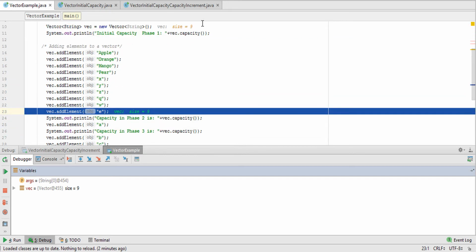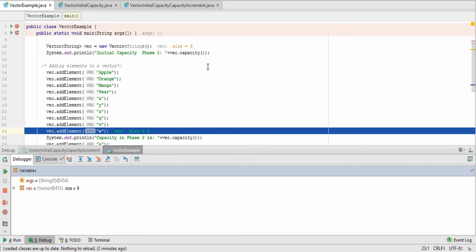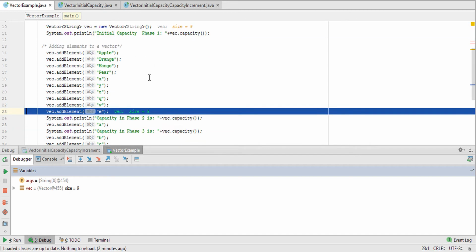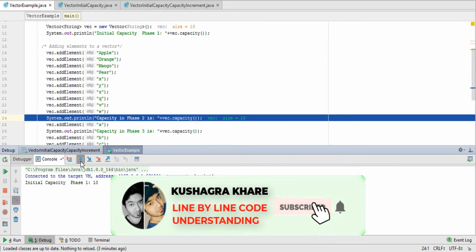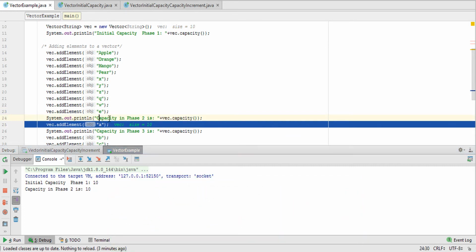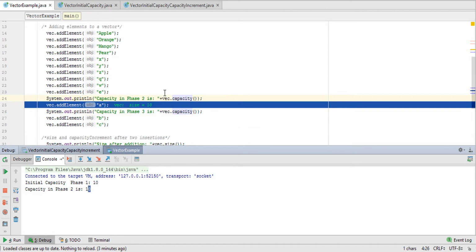The size is now 9, and there is another rule: the capacity of this vector is 10, and as soon as we insert the 11th value, the capacity will become 20. The size is 9, so its capacity will be 10 only. You can see the capacity is 10 only, as the element count is not yet above 10.